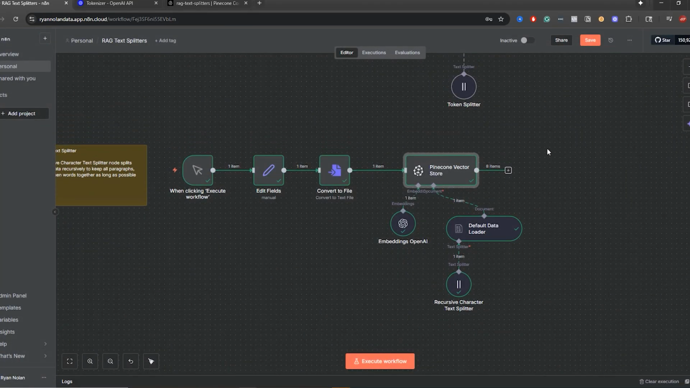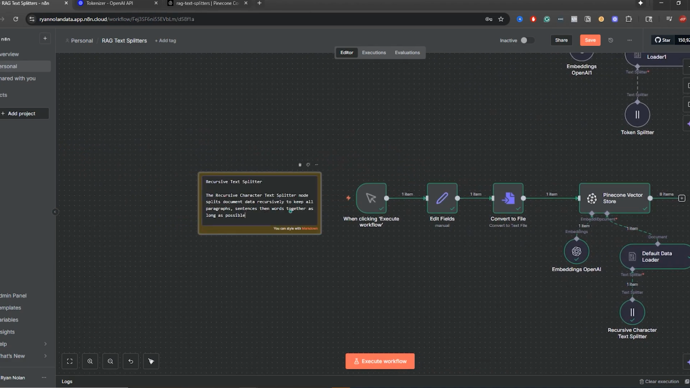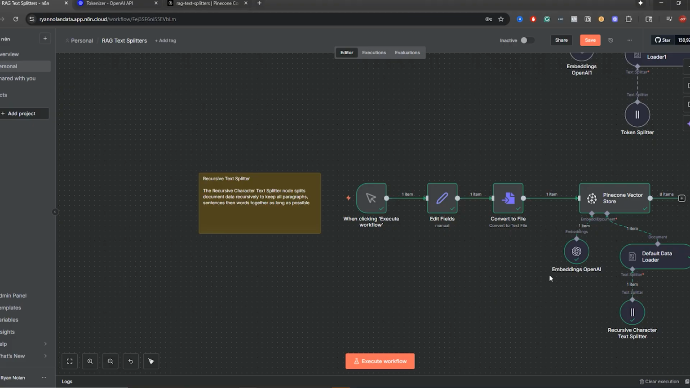It's going to be a little bit different if you have a formatted document. And I should make this note: it's already in the name, recursive character text splitter, so you don't have to worry about it on the tokens. It says right there. So guys,